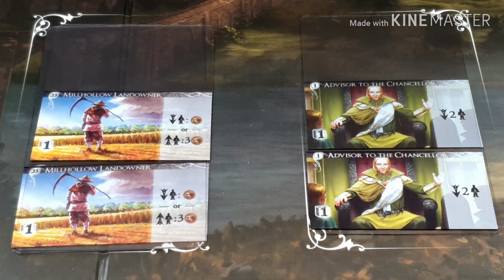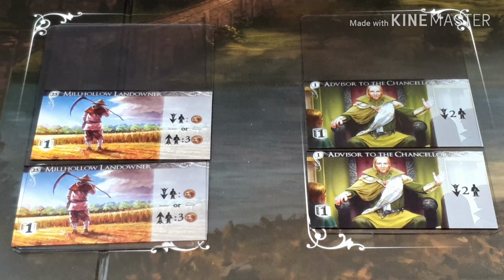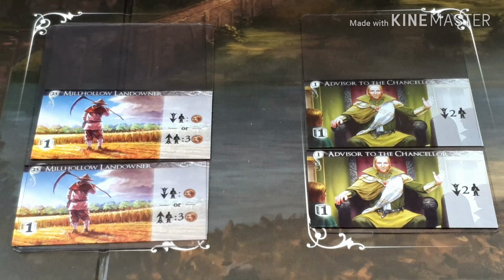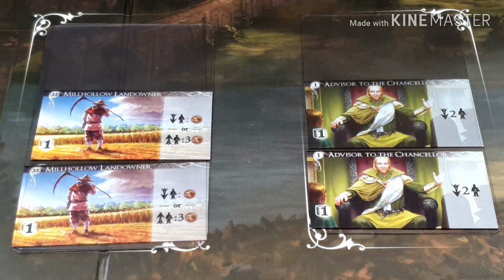So these are just 2 of the cards available for drafting in the game. We have Mill Hollow Landowner and Advisor to the Chancellor. And as you can see, the artwork in these is phenomenal. It's really nice artwork. And around the edges of the artwork there are symbols and icons. I'm not actually sure what these are for. I've not read the rules yet, but I think the arrow with the silhouette of the meeple is for placing